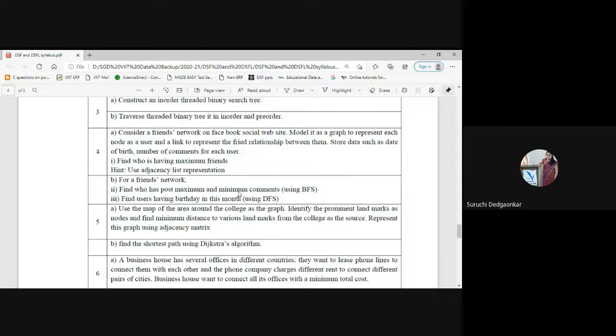Then again we will be finding users having a birthday in this month. So we will check the current month, and we will try to match the month of the birthday by traversing every node using DFS. We have seen the recursive algorithm for DFS, as well as how DFS is performed using a stack.